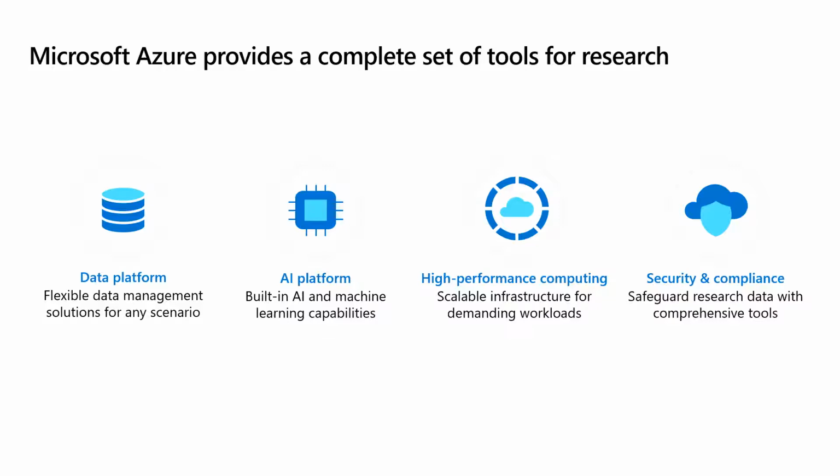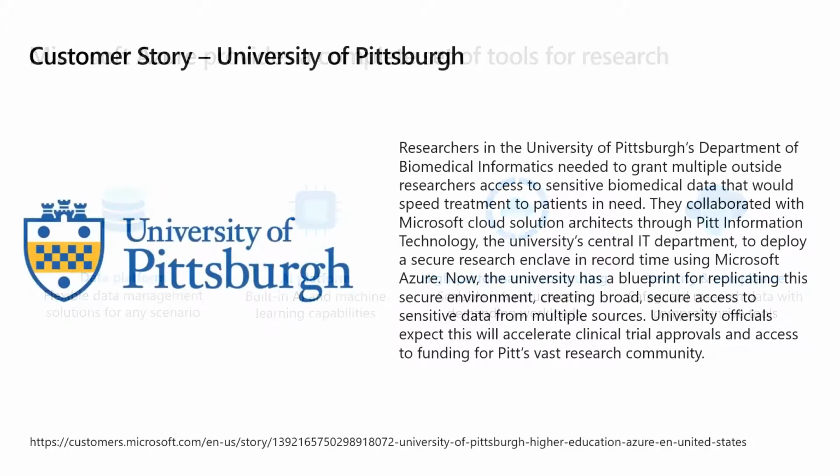So I'm going to jump into a quick customer story, and I'm not going to go too deep, but I'm a little biased to this customer story because I had a blast working with him, and I was the lead architect on this one. But this story is great, and you can go out to the link underneath and read the whole write-up yourself. But really, they were faced with a problem, and this is where, again, when I see institutions wanting to adopt cloud, it's usually because there's some issue, something needs to be done that they can't currently do.